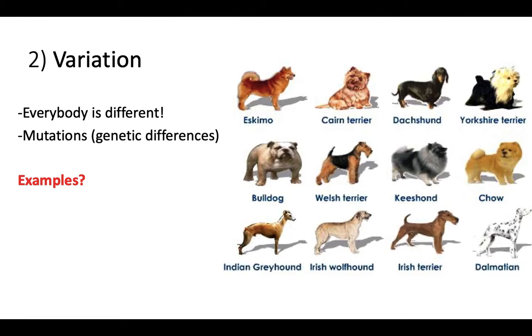The second important piece is that there's variation in a population. Everybody's different. Even from human to human, there are a lot of differences, right? The obvious ones are things like skin color, eye color, height, weight, hair color, right? But there are a lot of things you can't see physically that distinguish one human from another. And variation can arise in the form of mutations, which are genetic differences that happen during the transcription and translation of DNA replication. Don't worry about that. Just know that there are differences among populations. We talked about this with genetic biodiversity.